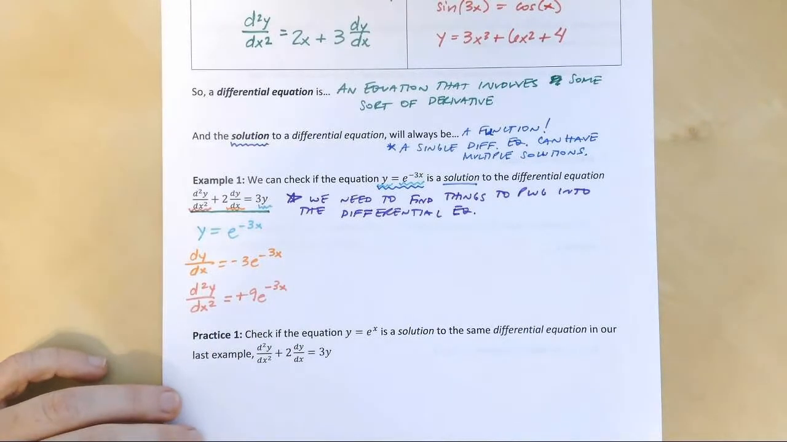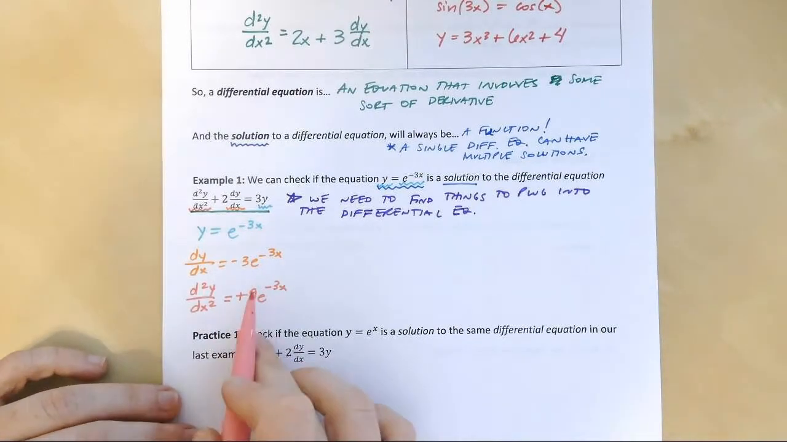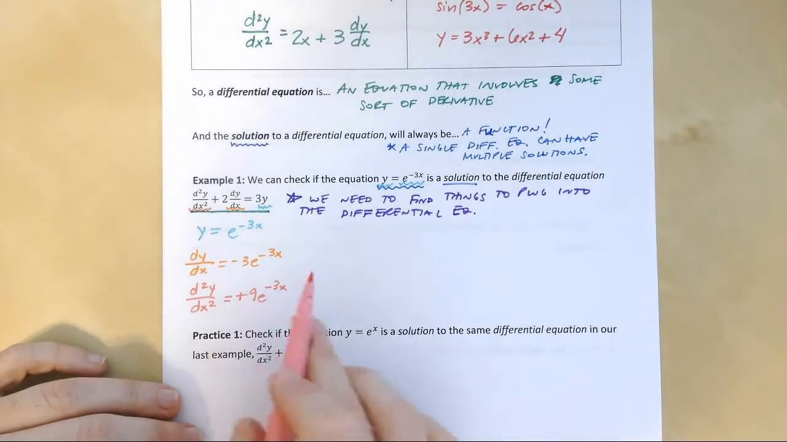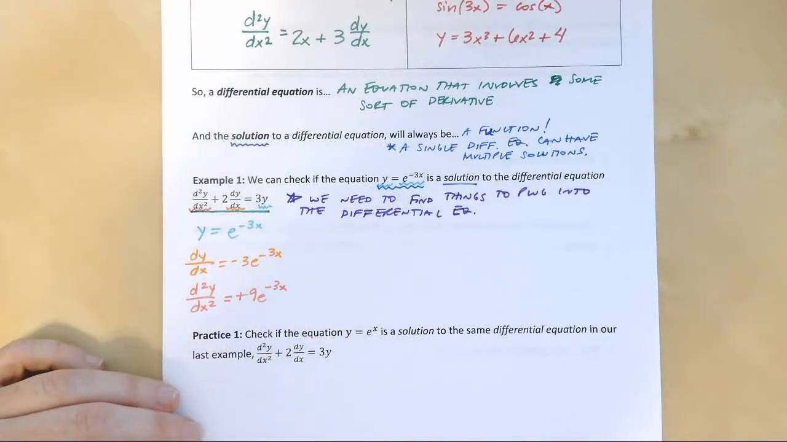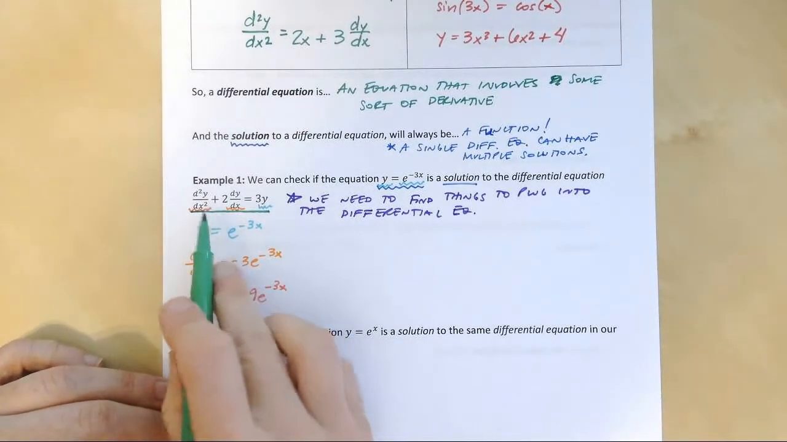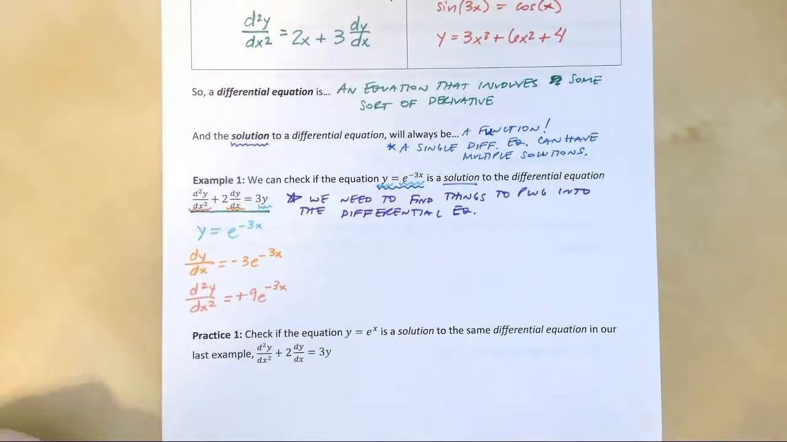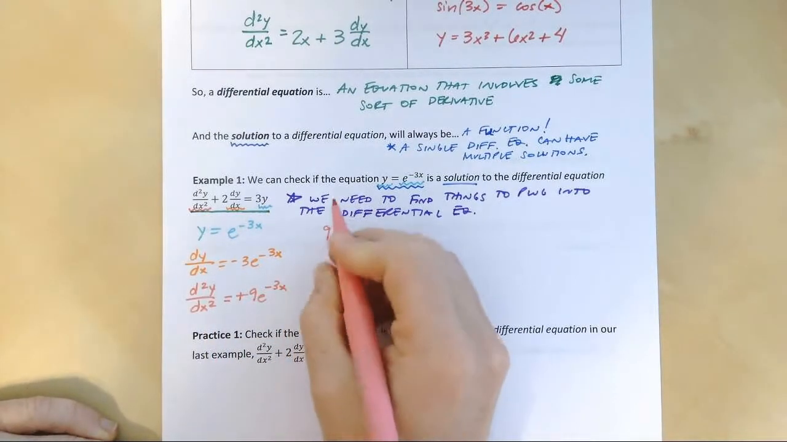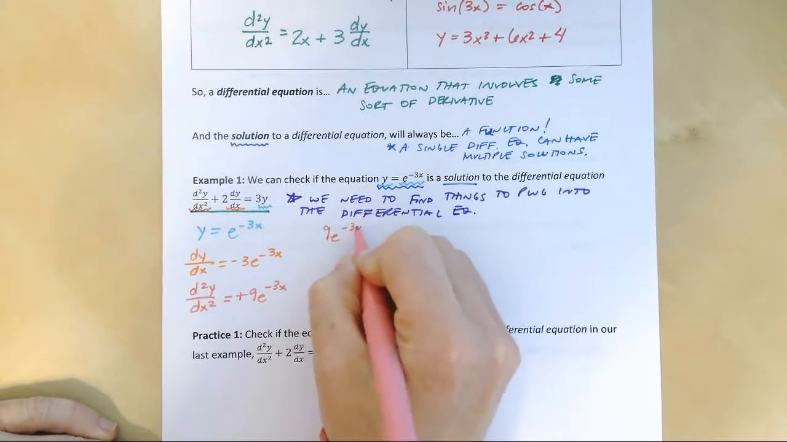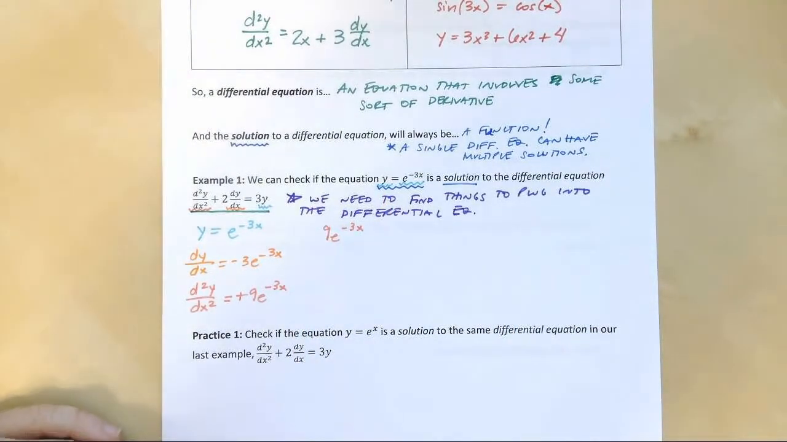Actually, let's just go ahead and plug them in, and then I'm going to tell you how do we know if this is actually a solution. So let's plug them in. We are going to plug into our original differential equation right here, d squared y dx squared. d squared y dx squared was this. So we have 9e to the negative 3x, plus